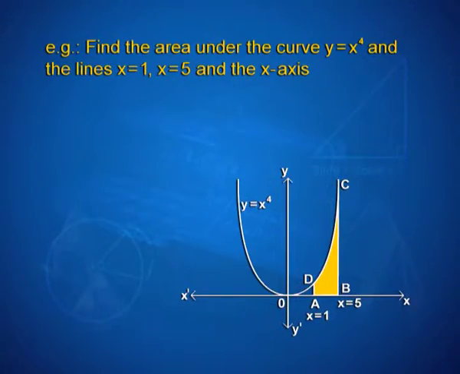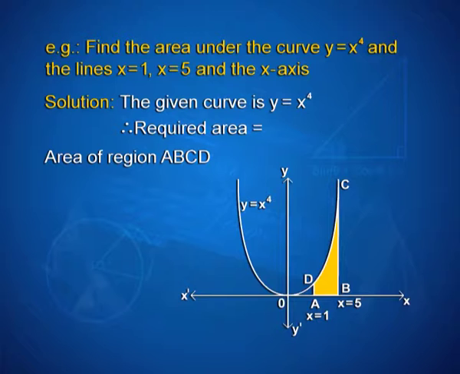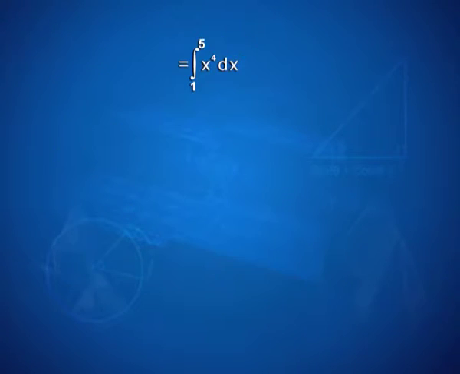Find the area under the curve y is equal to x to the power 4 and the lines x is equal to 1, x is equal to 5 and the x axis. For the solution, the given curve is here y is equal to x to the power 4 with x axis and y axis, and the ordinates x is equal to 1 and x is equal to 5. Therefore, the required area is equal to the area of the region A, B, C, D, that is equal to integral 1 to 5 y into dx, that is equal to integral 1 to 5 x to the power 4 dx,